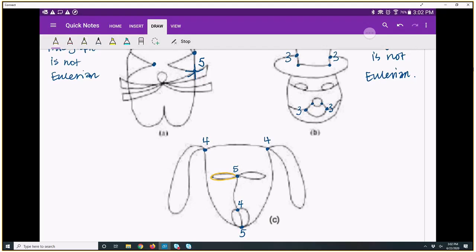So I've exited the vertex and entered the vertex. So I need one more edge to leave the vertex and one more edge to come back. Finally, I need one more edge to leave the vertex. So I can go along this way, then down, and I haven't picked up my pen. Then I can go